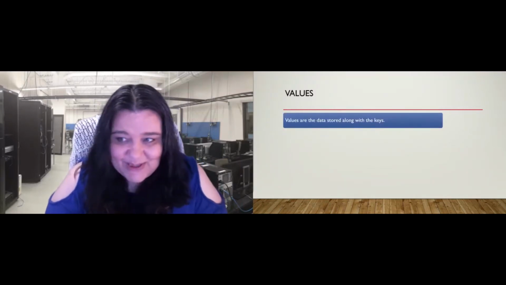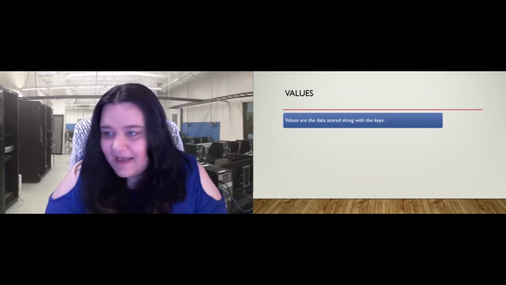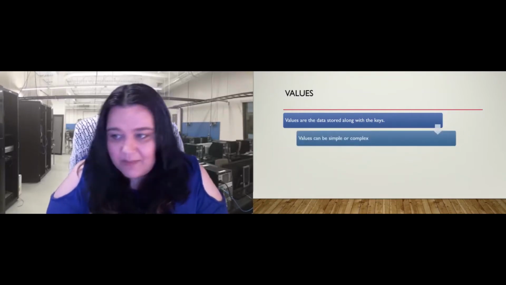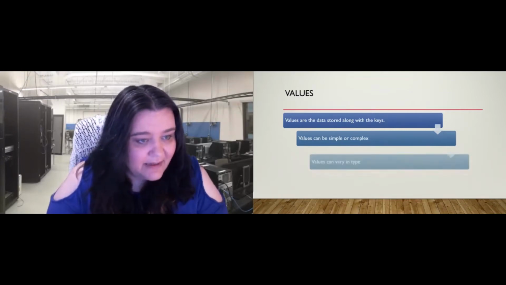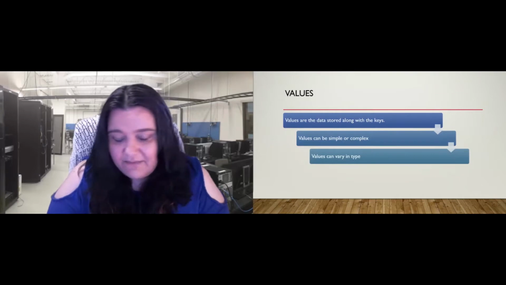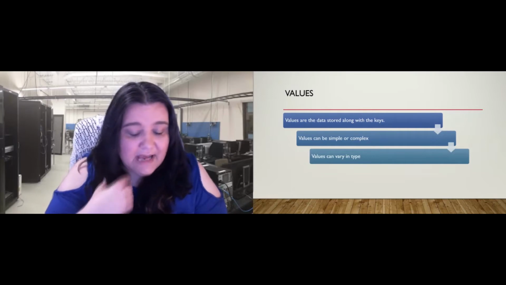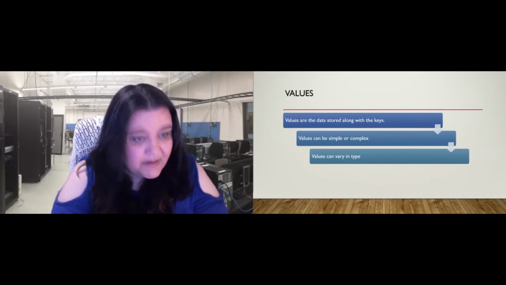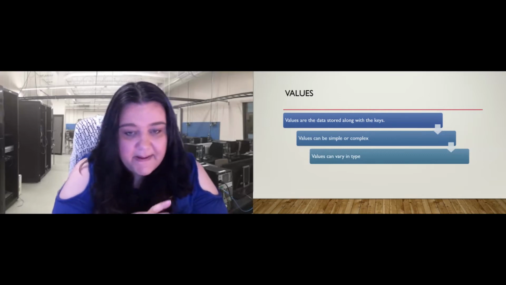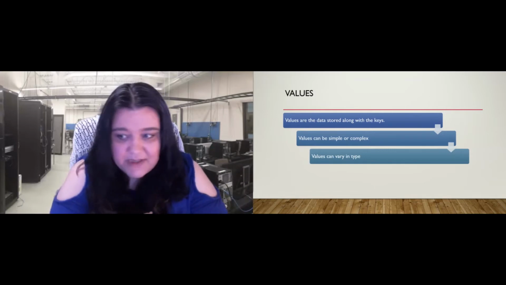So values, we should know what they are, but their values are data stored along with the keys. Values can be simple or complex. So for example, they can be a string or a binary, and values can vary in type. So for example, if we have a record, an attribute that is a student ID picture, we can actually have one instance of that have a blob, which is a binary object.